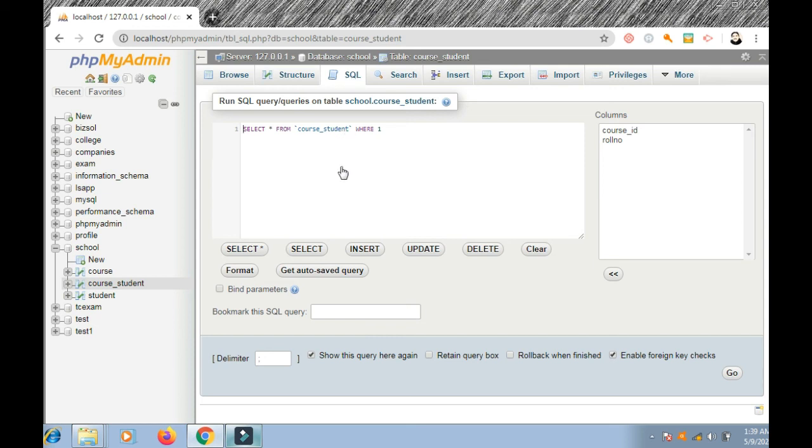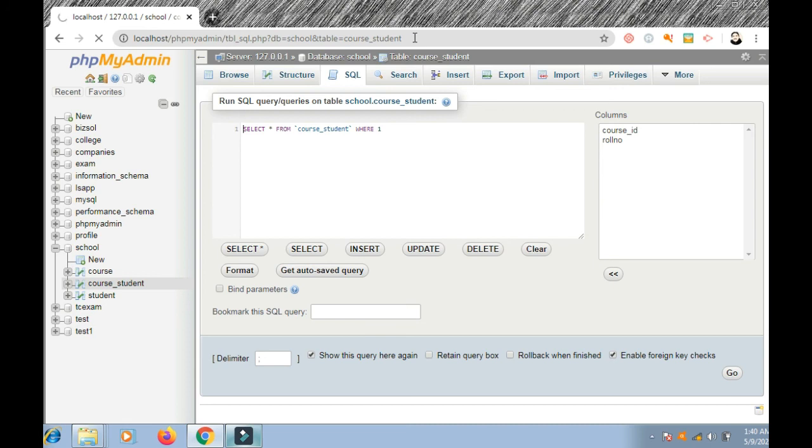How to do that? Now we will go to SQL and we write a join query. We have to join two tables and use the relationship table.